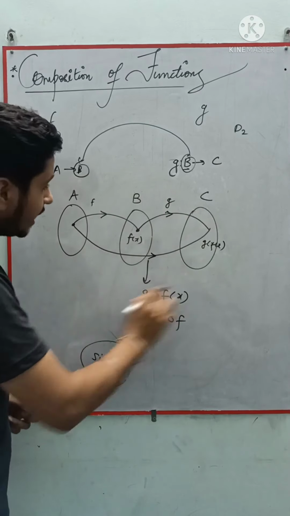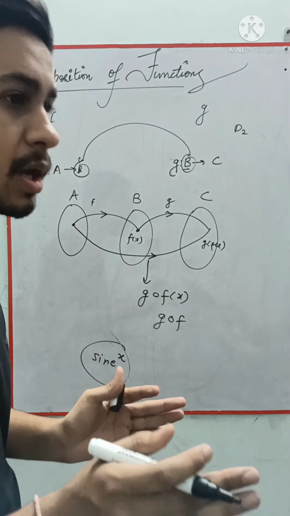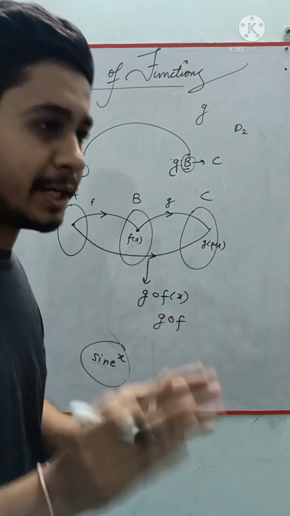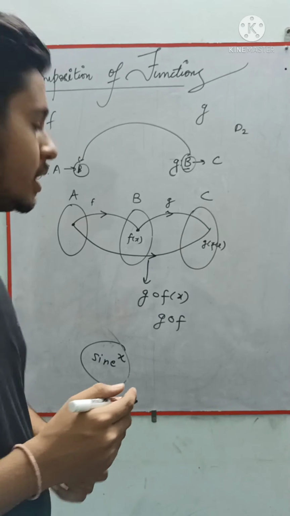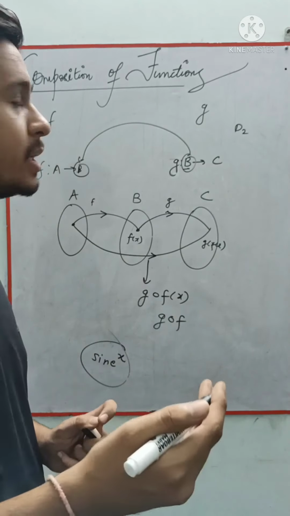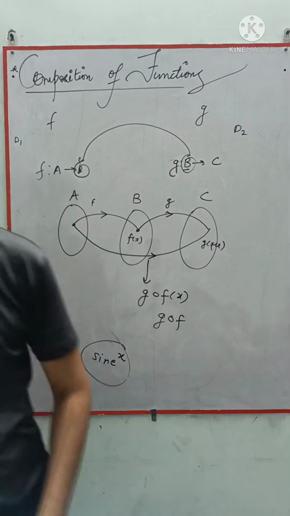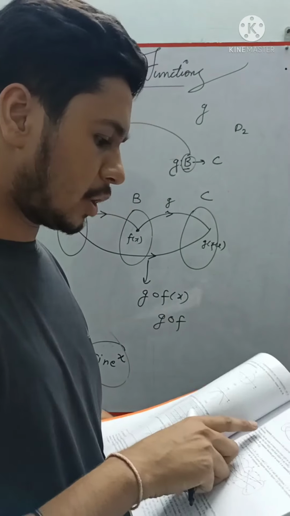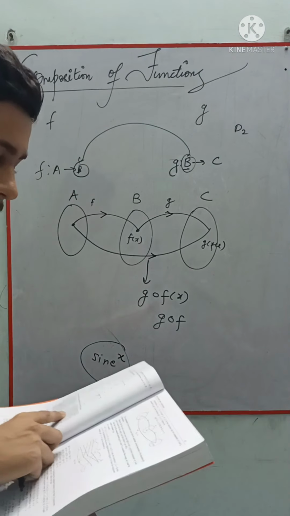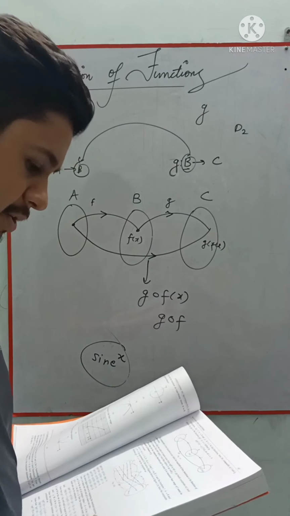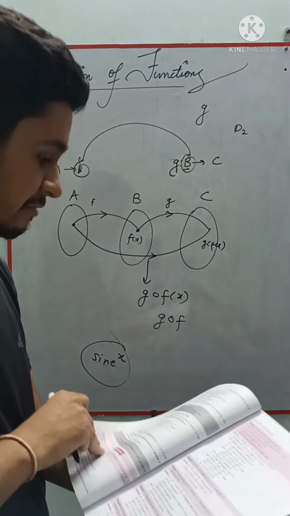So the same they are trying to explain in composition of function, that two functions are said to be a composite function if the resultant of the two functions, or we can say function of function. Okay, let me read from the book clearly that the composite of two functions is called the resultant of the two functions, or the function of a function. Okay, so please make the diagram and write the definition of it.